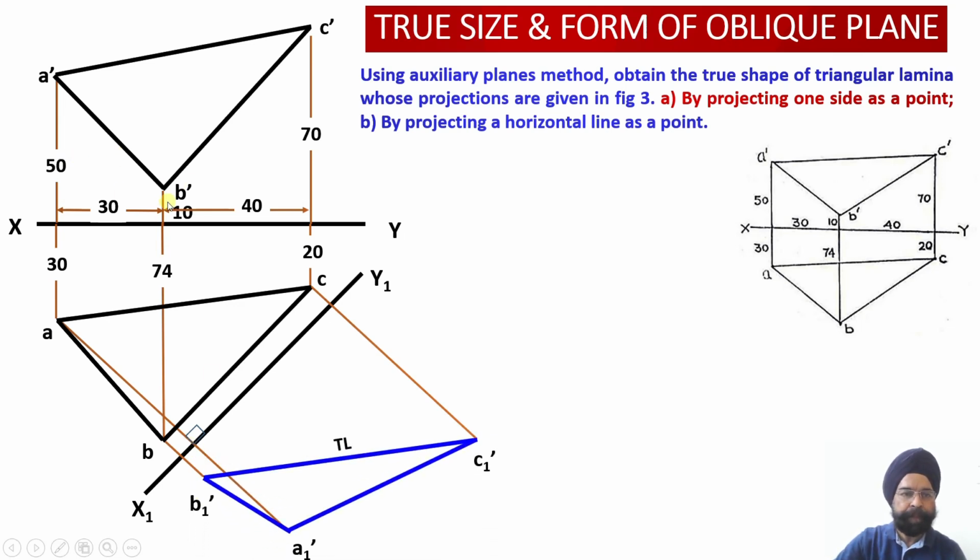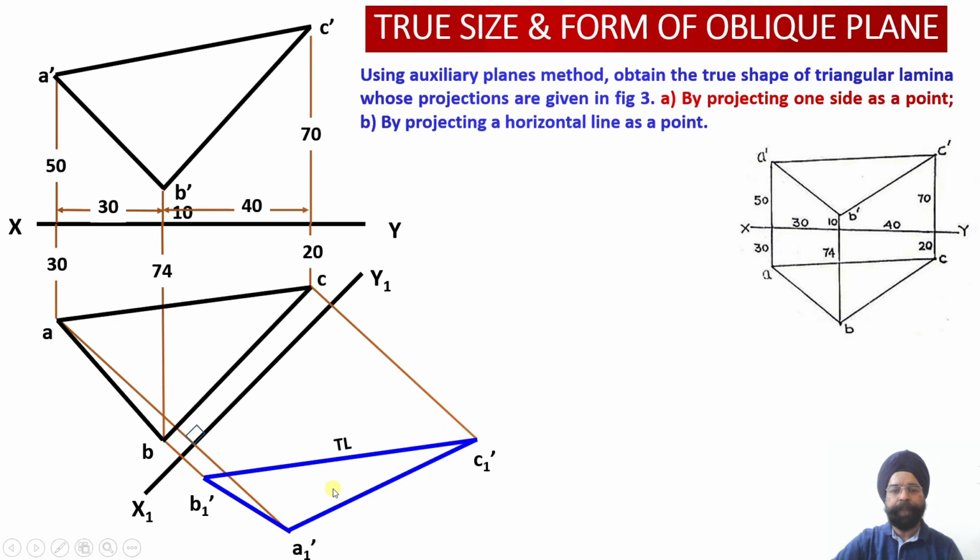Similarly for B, please check this out. How much is the distance? The distance happens to be 10 millimeter. So I'll measure this distance equal to 10 millimeter on the locus line corresponding to point B, in front of the plane, that is above the plane. So this is B1 dash. Similarly for C dash, this distance happens to be 70 millimeter. And what is the 70 millimeter? This is 70 millimeter above my horizontal plane. So all these distances, 50, 10 and 70, are above my horizontal plane, above the XY line. Similarly I am going to draw the 70 millimeter distance over here.